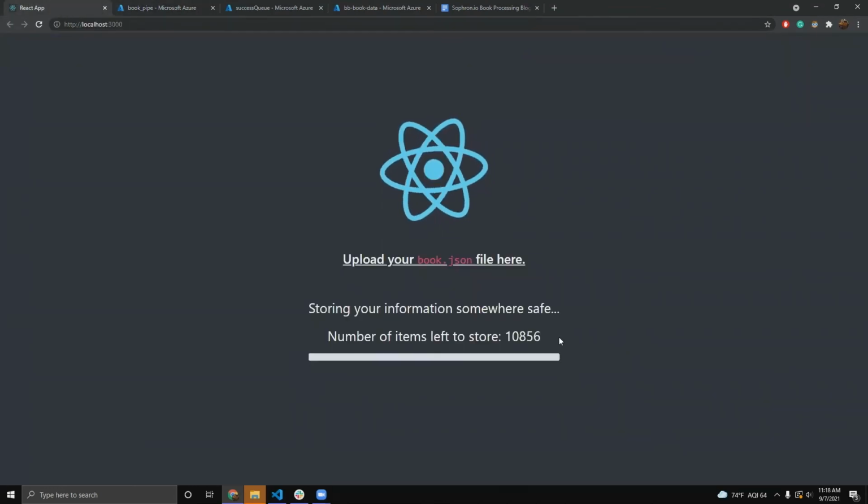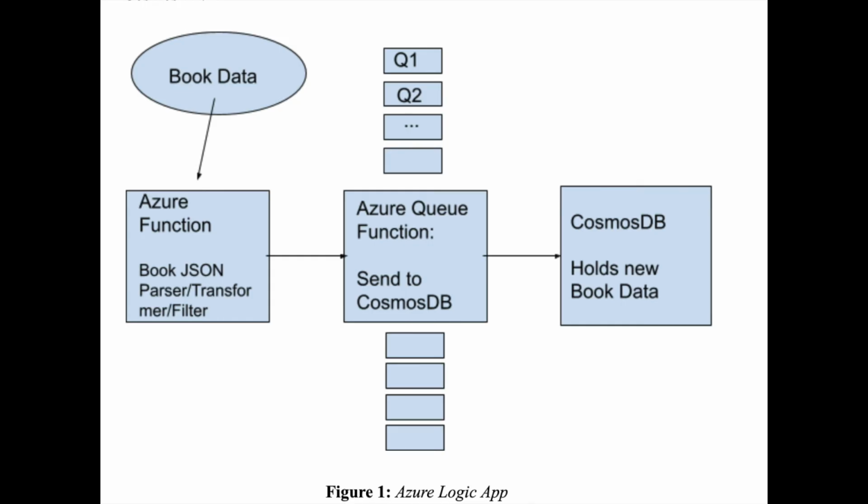Finally, we check our React app and notice that it is starting to process the books and the bar is going down. For more information on our Sophron book pipeline, you can find the documentation in the README on our